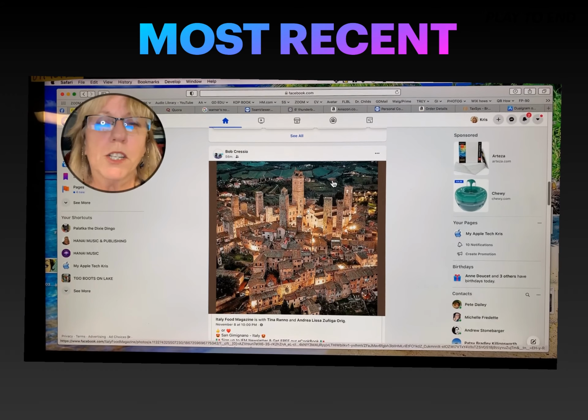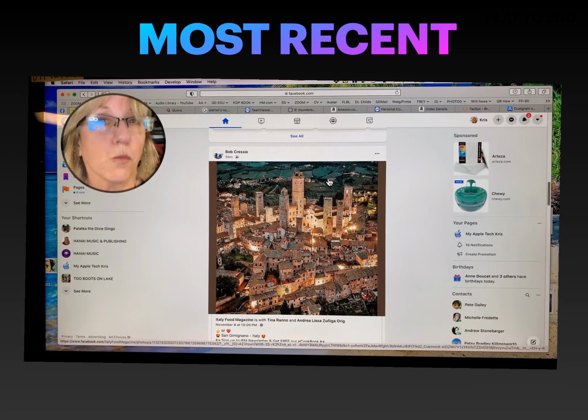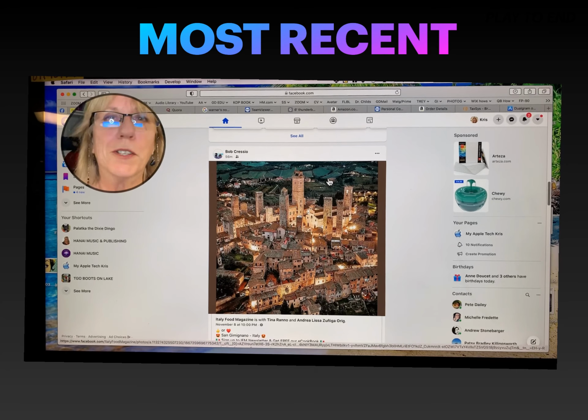So what we want to do is look at the most recent posts instead of the top comments. See, the algorithm that is the default for Facebook is actually the comments that your friends have made, or the postings that have the most responses. So they're called the top stories or the top posts, whatever. But that's how you see over and over the same people, because their posts are getting a lot of responses. Maybe the ones you want to see aren't.